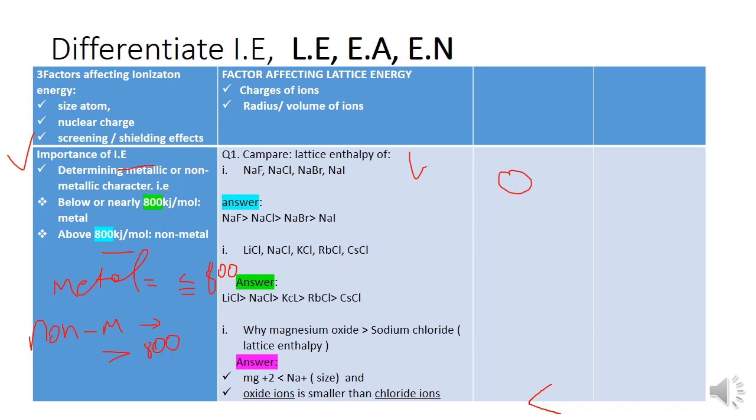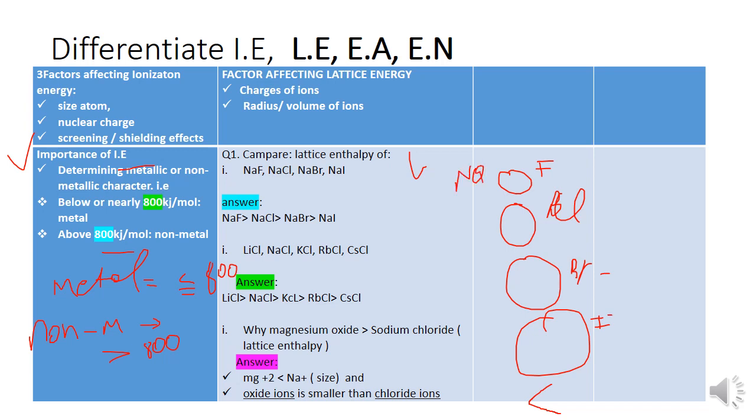Why? As the size... first, you have fluorine. This is a halogen. Also you have chlorine, then bromine. The last one is iodine. These are the ions. Also, sodium is here. First, as you go down the group,